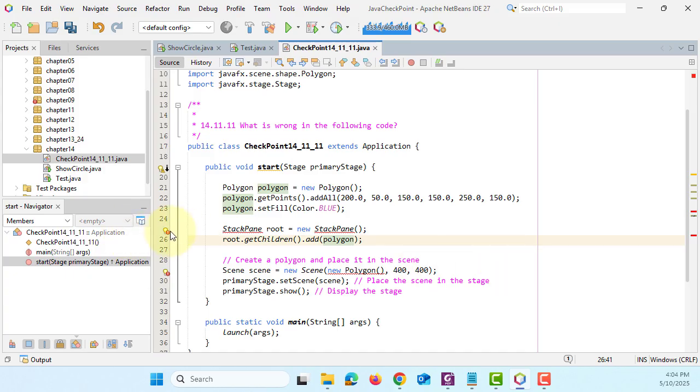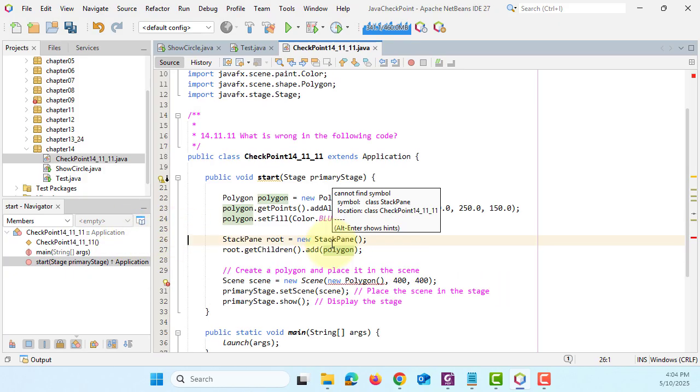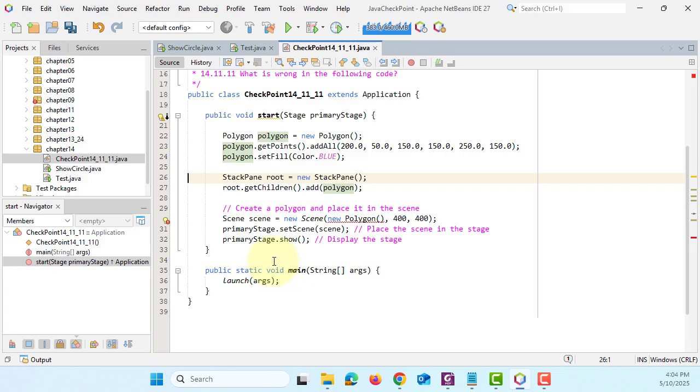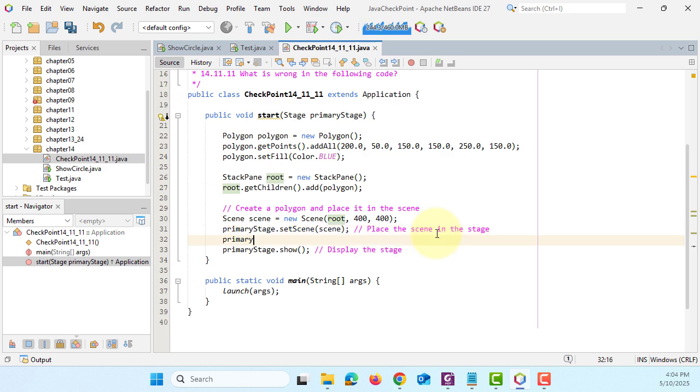Okay, of course I need to import the stack pane. Then we can add it to scene. So scene is here. We can now add the layout called stack pane. I call it as a root. Okay, that's okay. That's okay. Normally we put the title, so let me set title. Let's say polygon